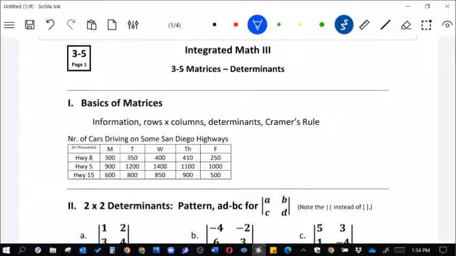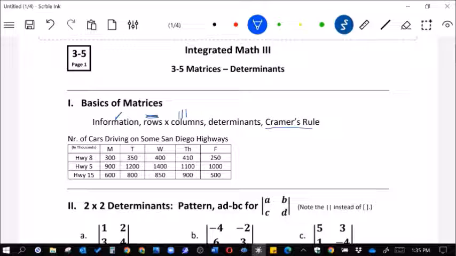Welcome. Let's look at the basics of matrices. First, matrices have to do with a way of showing information, and specifically a way where we can do calculations with that information. They are named based on the number of rows they have and the number of columns they have. We're going to be doing determinants, which calculate matrices down to a single number, and then we're going to use Cramer's rule to solve for